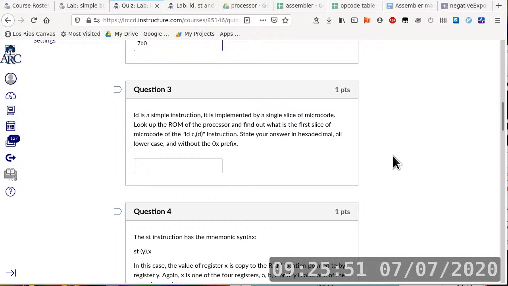So question number 3 asks, look up the ROM of the processor and find out what is the first slice of the microcode. So it looks like it's asking the same question, but this time it is not asking about the address of the slice. It is asking about what is the first slice. In other words, it's asking about the content of ROM, and not the location of that content in ROM. So in this case, there's no easy way for me to answer this question without actually looking into the ROM component,